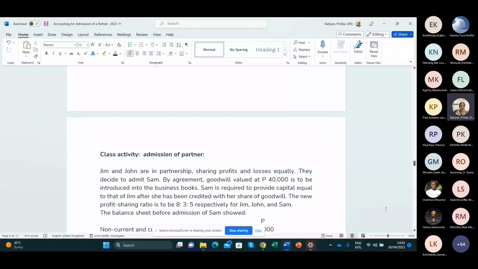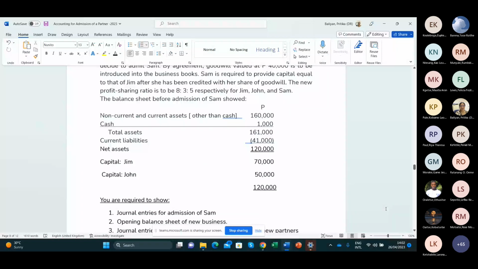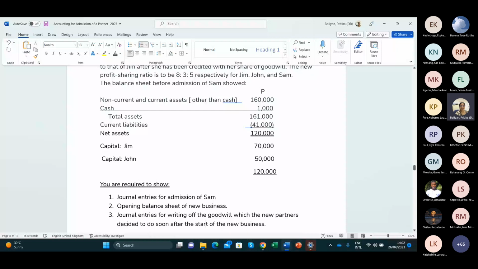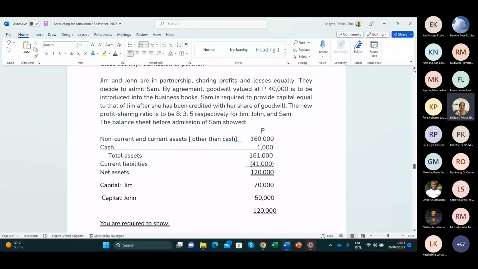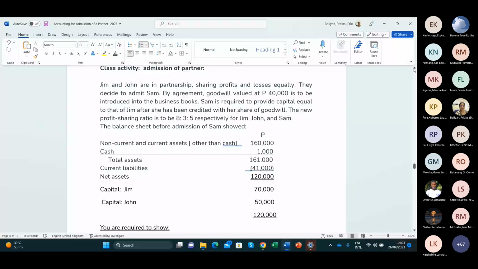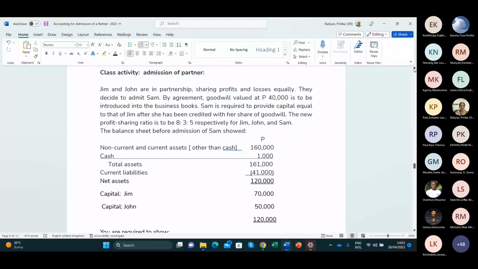Okay, I'll repeat before we start this exercise. There's not much to do in the books of account when a new partner, or more than one partner, is admitted into the business. So the new partner, when they come, they also bring either the capital in the business, some